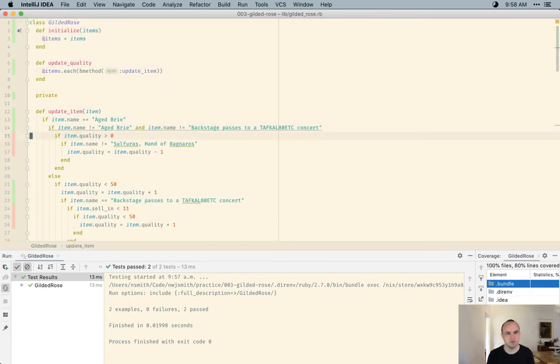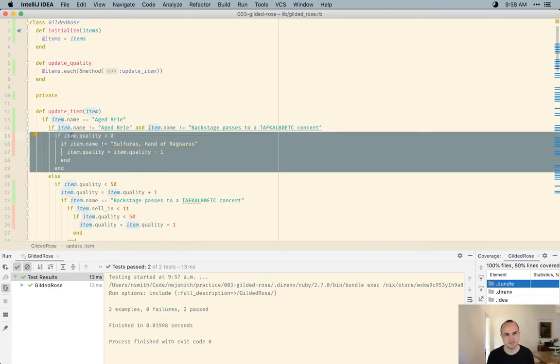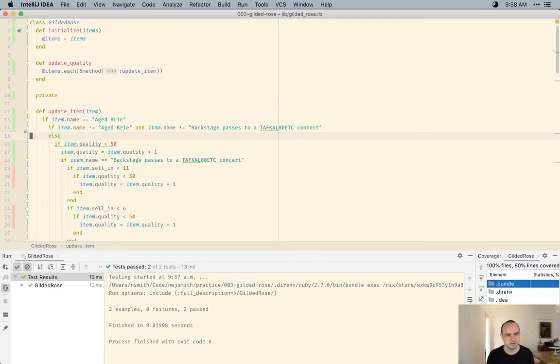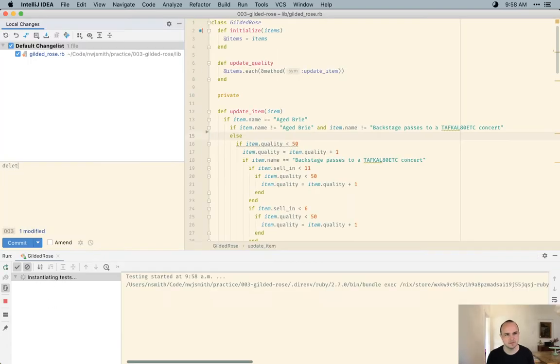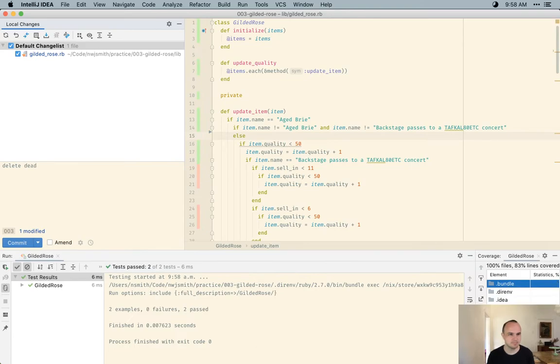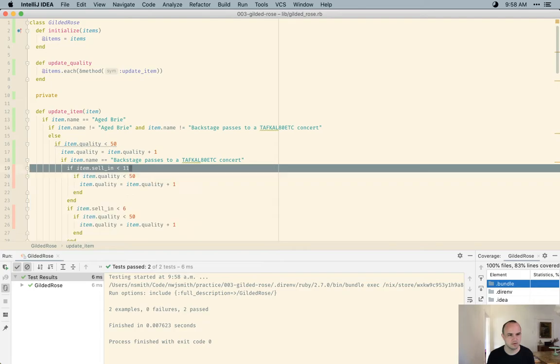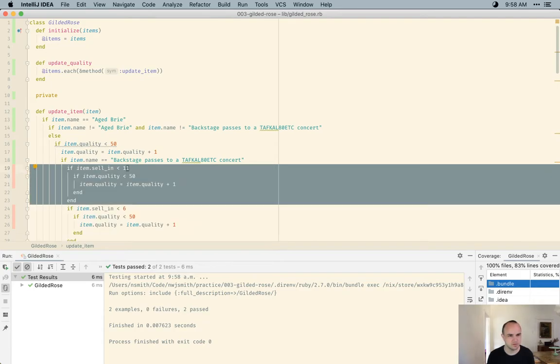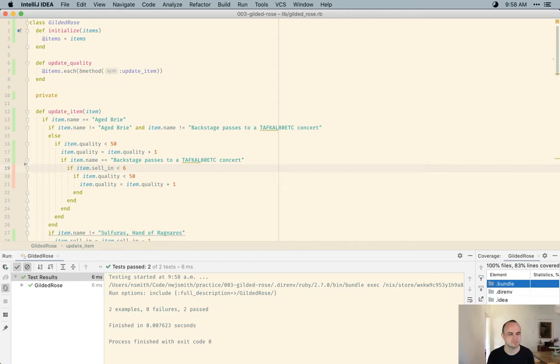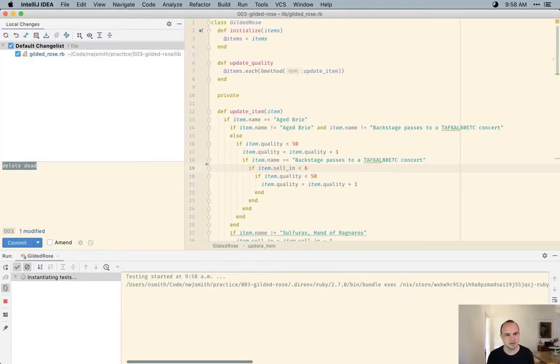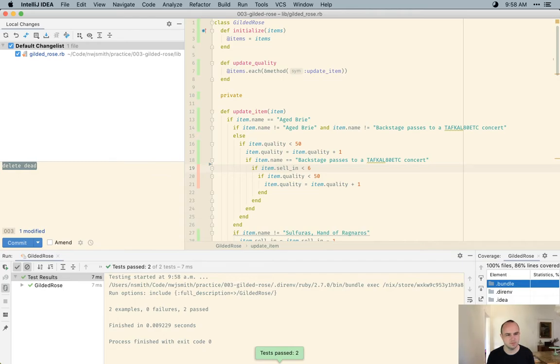So we can start deleting this code, we can see this is never run in this case. So delete dead. And we can see the same is true here. We don't want to get too eager here. We just want to delete this one statement. See the test pass, and we will